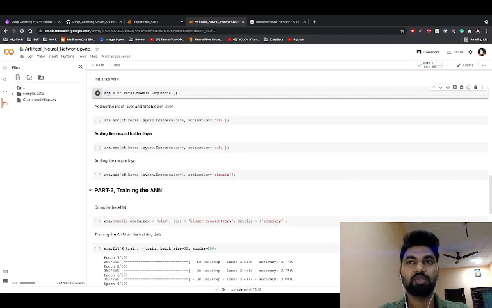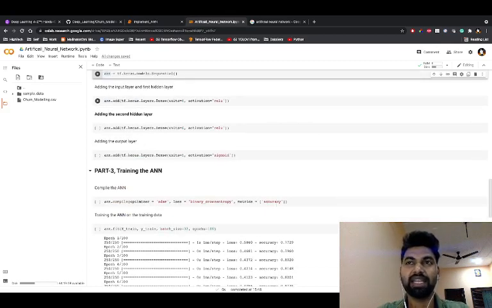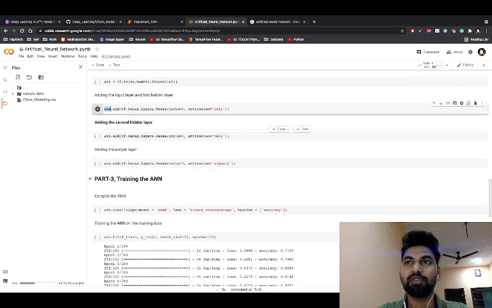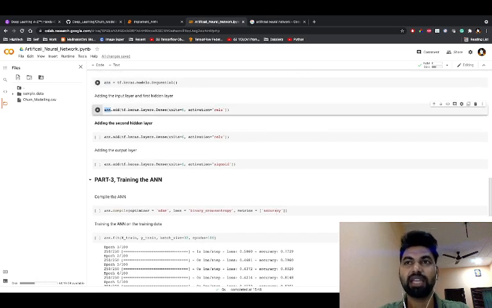So here what I'm doing, again I'm taking this ANN because this is the reference for this Sequential class. Then there is an add method. Inside the add method, I need to add the layers, right? So what I'm doing, tf.keras.layers.Dense, and inside the Dense there are some parameters basically we need to pass. So units equals 6. So guys, these are the 6. Let me help you understand.